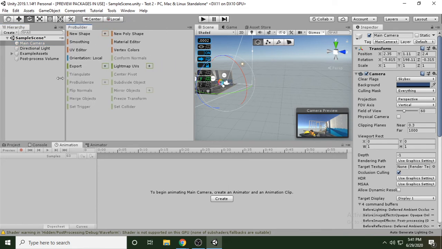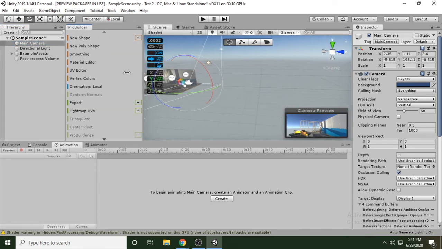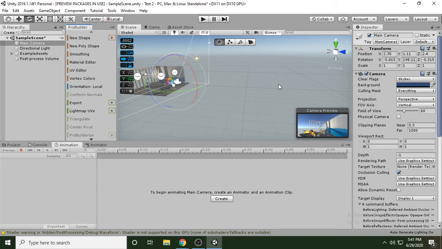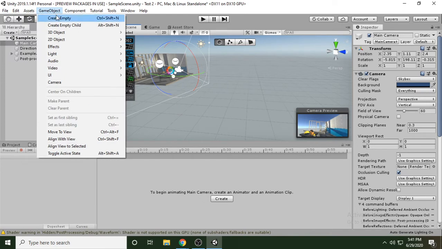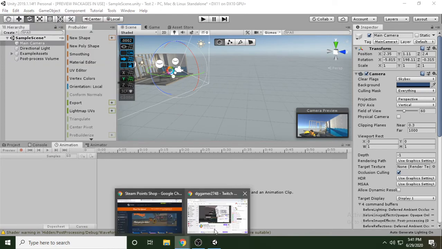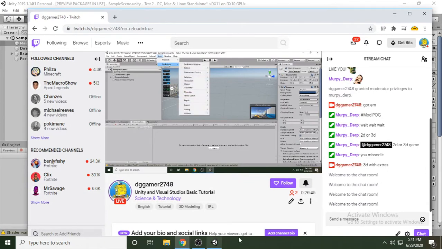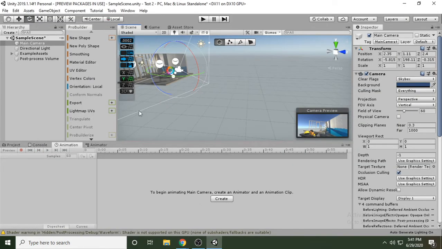We can minimize this hierarchy right here and the ProBuilder right here. I like ProBuilder more because, like, if I get files, so let's make our own cube actually. So is everyone doing good? Alright, so what you're gonna want to do